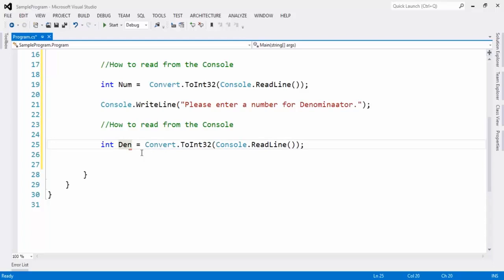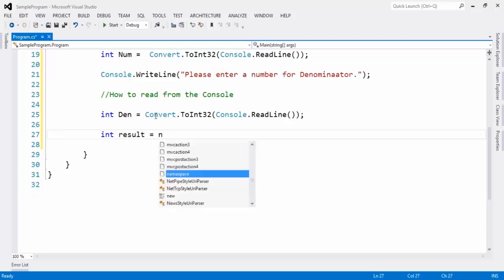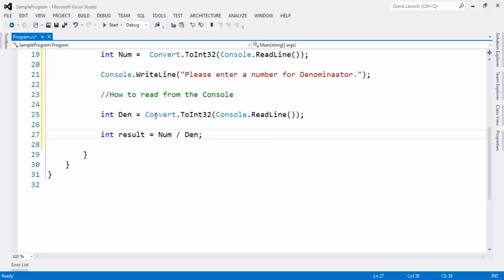So we have two numbers, one is the numerator, another is the denominator. Now we want to calculate numerator by denominator, and again that will be an integer: result equals numerator divided by denominator.